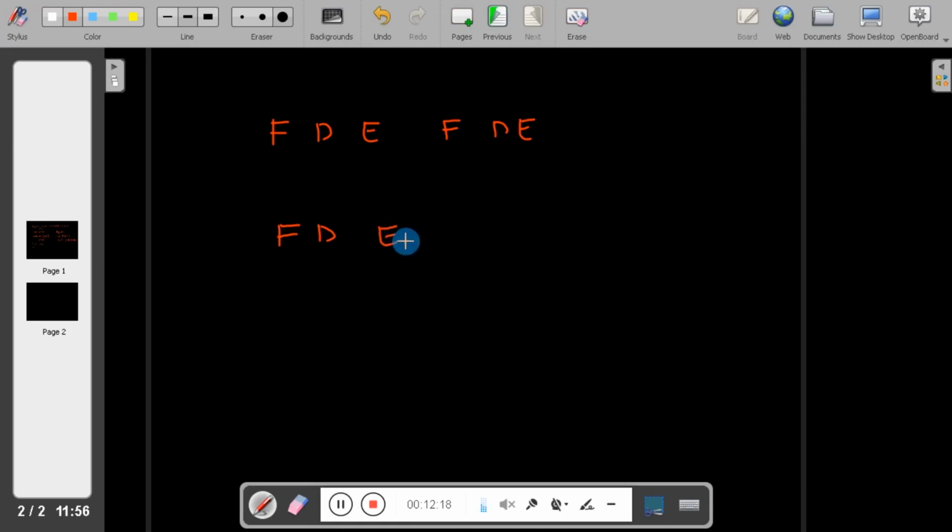When the instruction is being executed, it will decode the second instruction, and at the same time it will fetch the third instruction. So here you can see at a time the processor works on 3 instructions. That is, one instruction being executed, the second instruction being decoded and the third instruction being fetched.